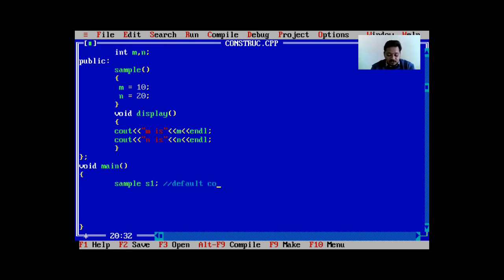Here in the comment, I will write default constructor is invoked. Okay. Now, after that, I have to call the display function. So I will write s1.display. After that, I will write the next statement, that is nothing but getch.